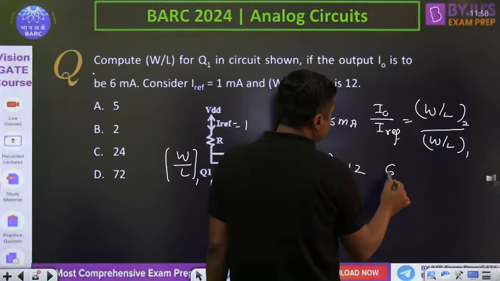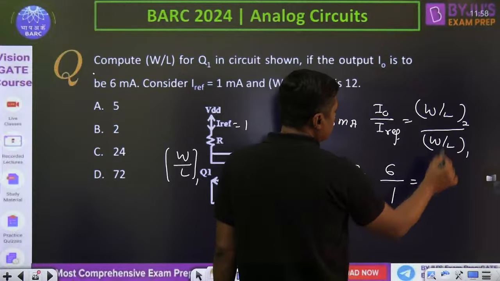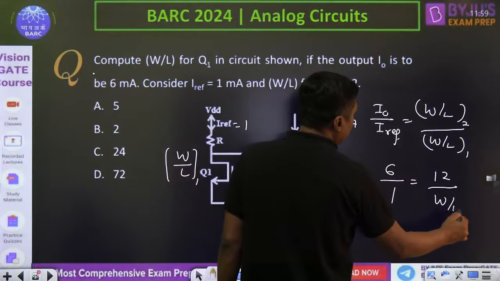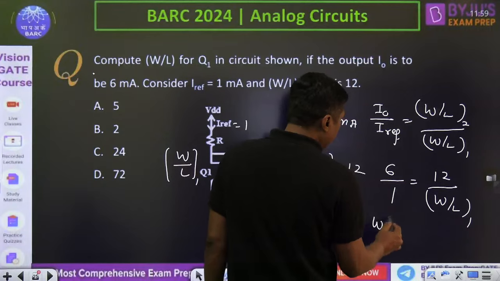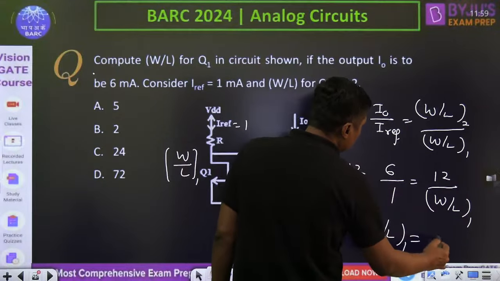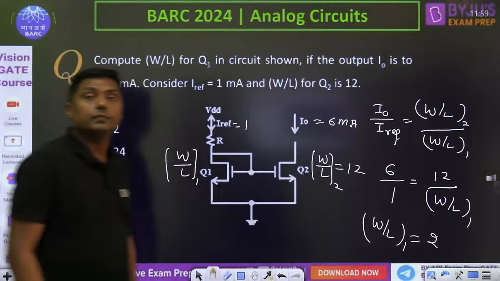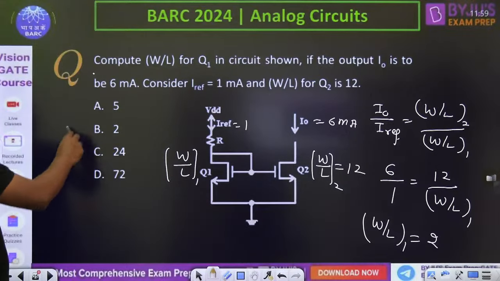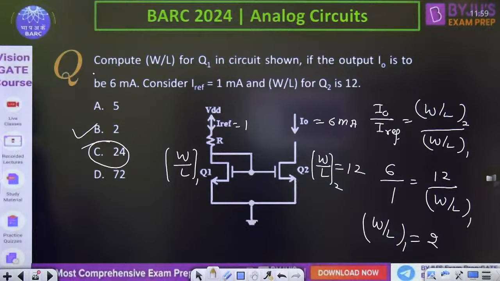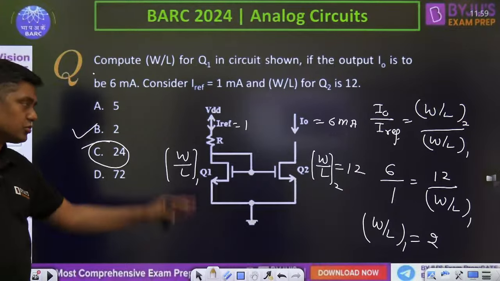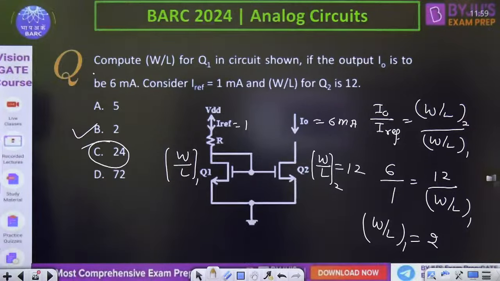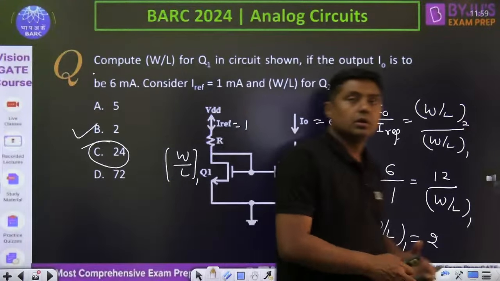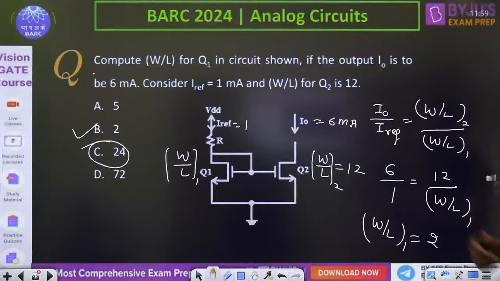What is the I0 is given 6, what is the I reference is given 1, what is the disk is given, you have to find the W/L of 1. That will become what? 2 here. तो कौन सा आंसर सही है? कोई ना कैलकुलेशन मिस्टेक करेगा हड़बड़ी में, इसका ये 6 ये दे देगा आंसर, बस सिली मिस्टेक के चांसेस है. तो यूज दिस फॉर्मूला एंड यू विल गेट द एग्जैक्ट वन. दिस इज द करंट मिरर सर्किट बाय यूजिंग MOSFET. ओके, स्ट्रेट फॉरवर्ड फॉर्मूला एंड यू कैन यूज इट. करंट मिरर सर्किट. नाउ नेक्स्ट वन,